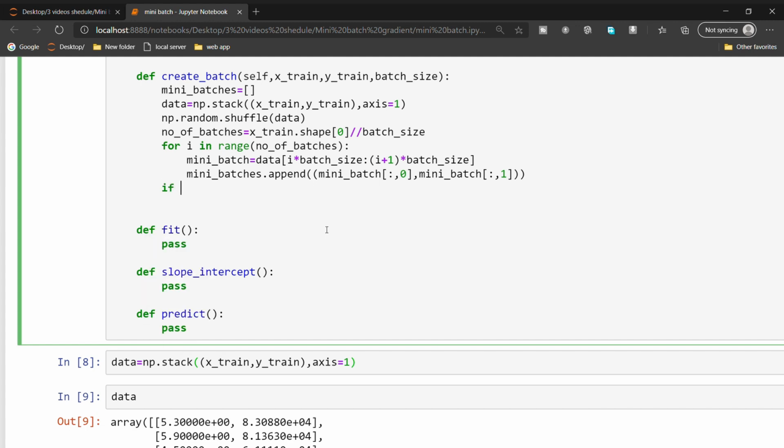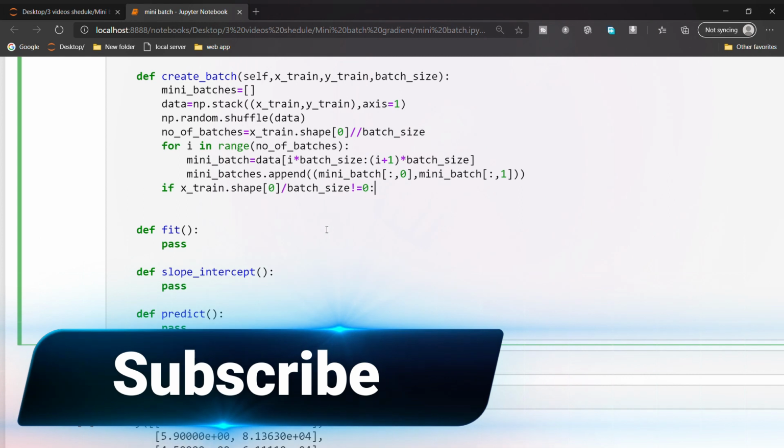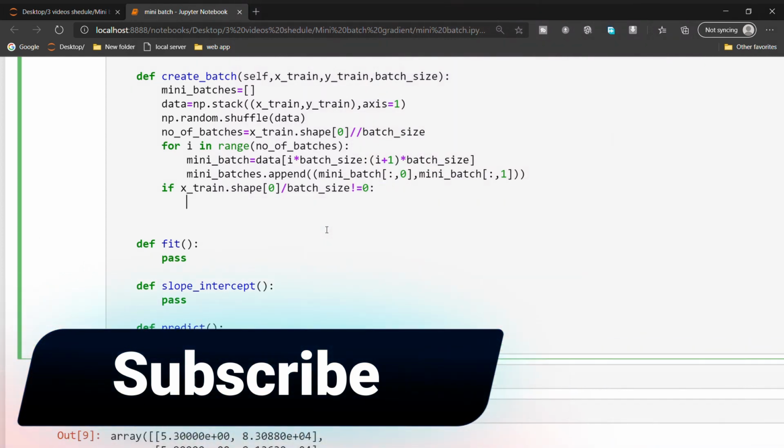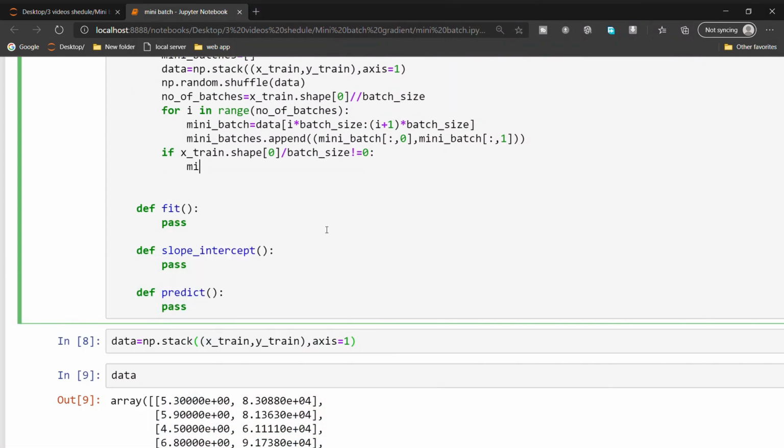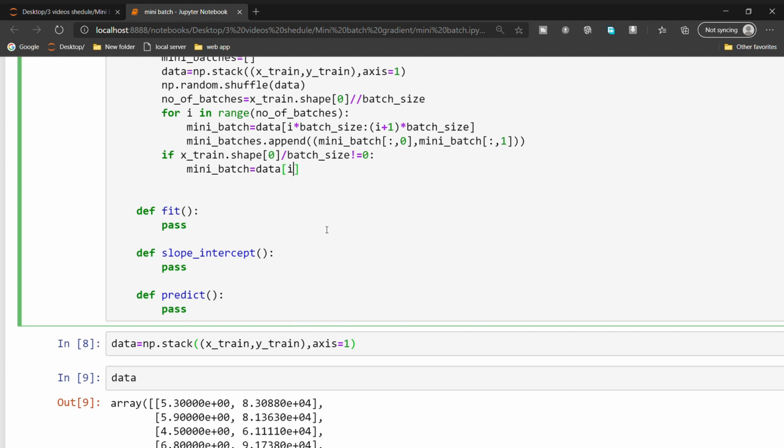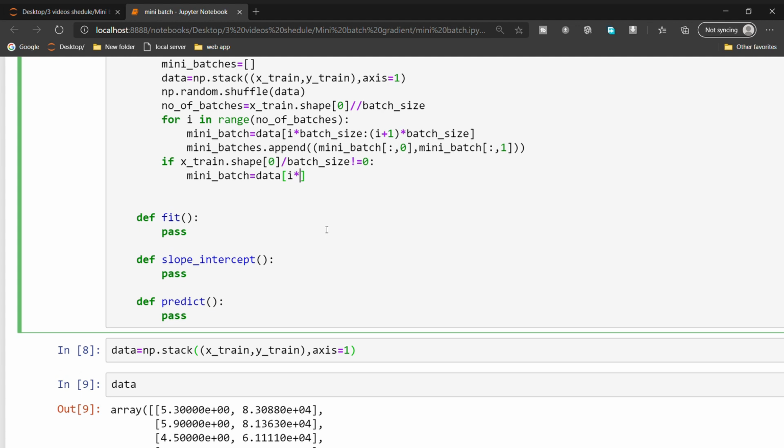If xtrain dot shape, sorry, divided by batch size not equal to 0, then we need to make another batch, the final batch, this one, data I into batch size.